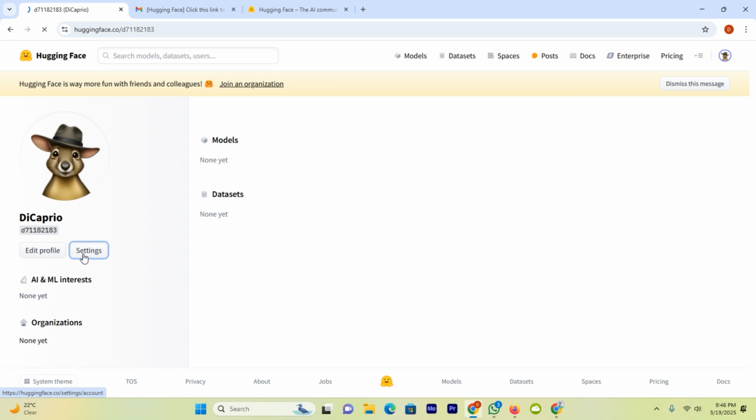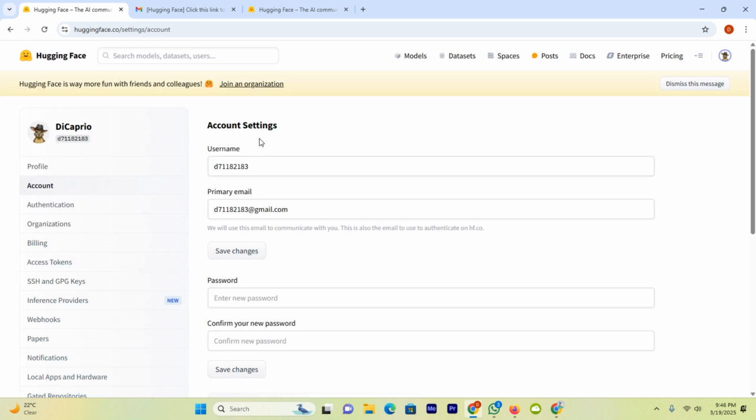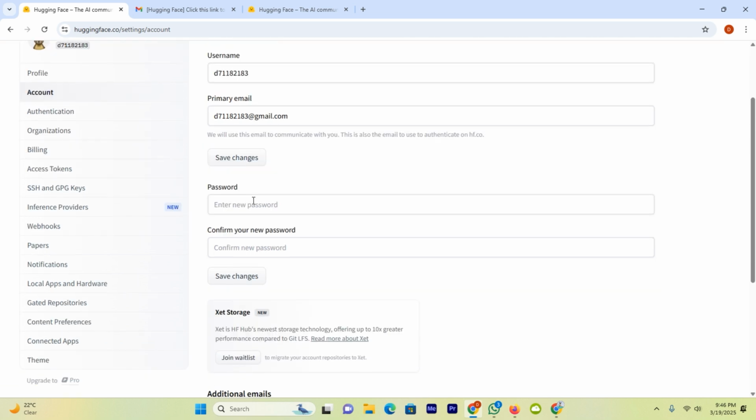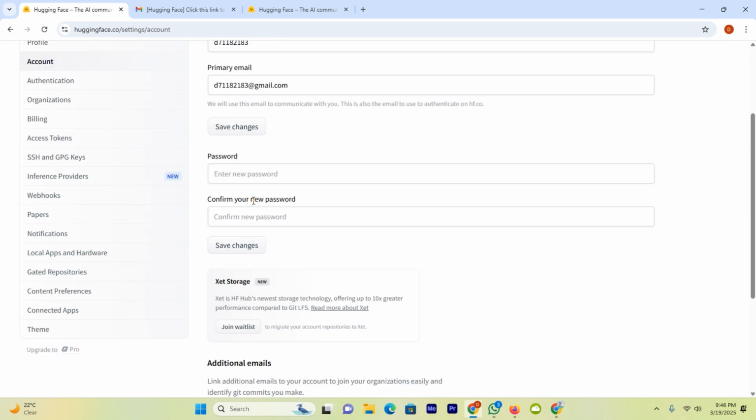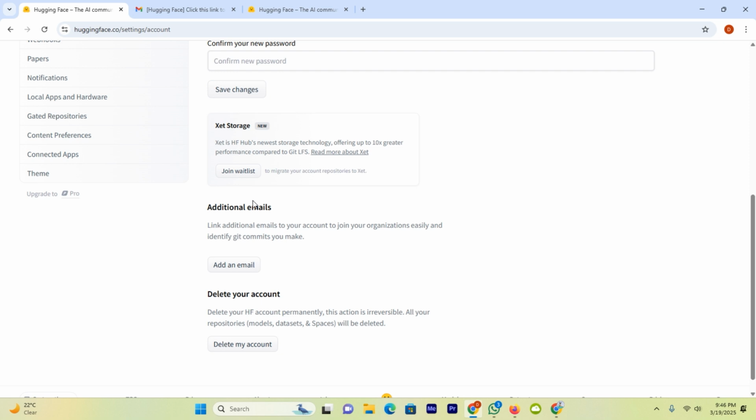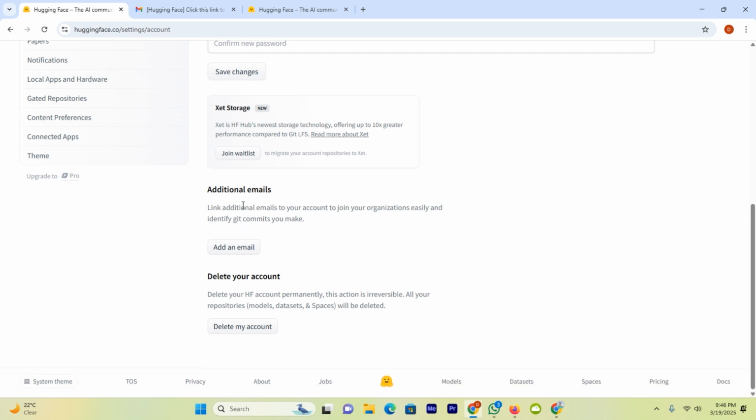If I click on the option Settings, here you can see my account settings. This one is my username. It's my email here. I can enter a new password and change my password. Plus, I can add some additional email in case of any recovery. Also, I can delete my account by clicking on the option